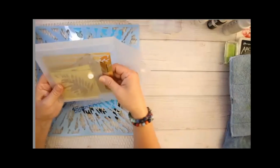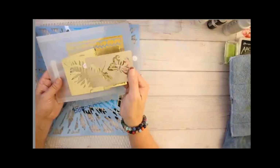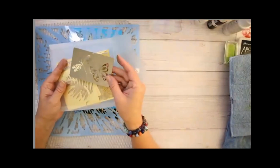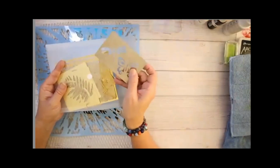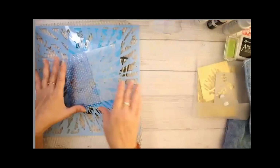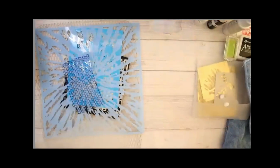These, I don't know if they are designed for stencils so much as they might be for embossing, I believe, which I'll show next month how to do with them. But I can also use them as stencils, because they're basically a really thin sheet of metal with shapes on them. So anything that's really thin and has a shape opening, you could pretty much use as a stencil. You can even make your own stencils out of